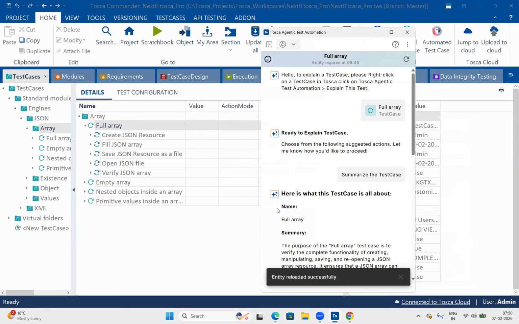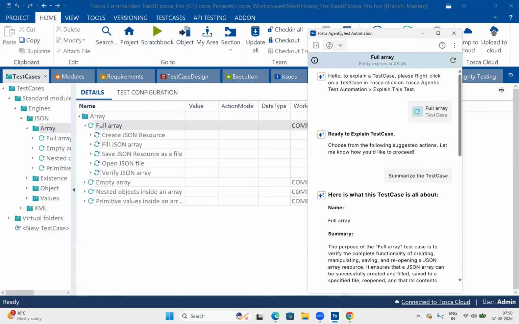Any other questions, team? Anusha, we need to take Tosca Commander access and cloud access also? Exactly. Both accesses are required. Then only you're able to utilize this agentic. From the admin team, we'll get that access, right? No, I'll give it. They don't know the technical stuff. Once we are familiar with Tosca Commander, all the actions, development and execution, then I'll explain Tosca Cloud integration and this agentic flow. Okay, thank you, Anusha.